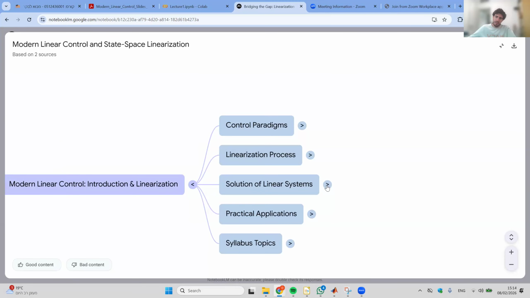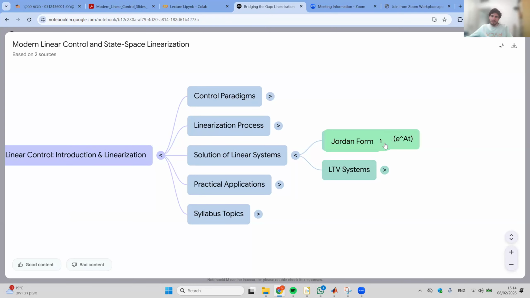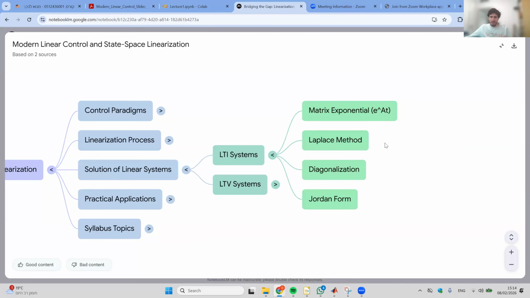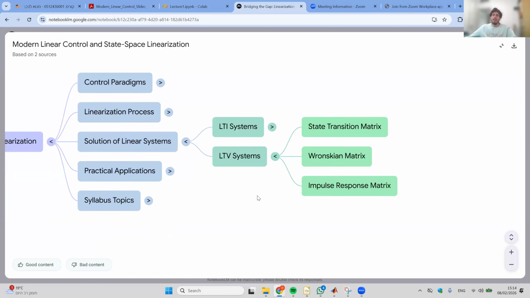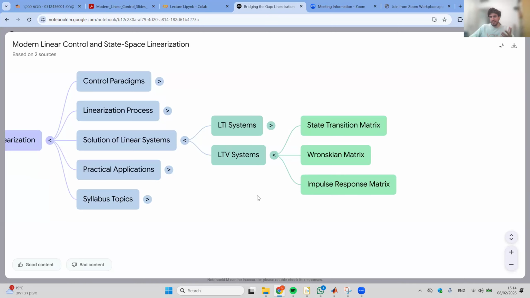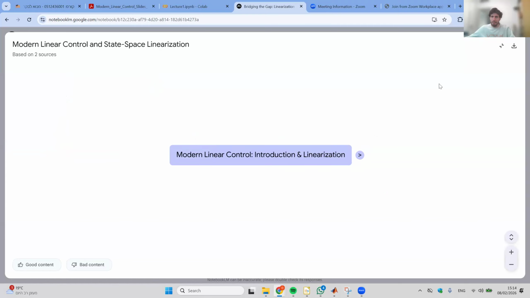And the second thing is we spoke about solution of linear systems. Here we had two cases. First, we had the LTI systems, and the solutions of LTI systems is the matrix exponent. We will speak about it in a moment. And we also had LTV systems, and their solutions is some state transition matrix. Okay, so to get more specific,